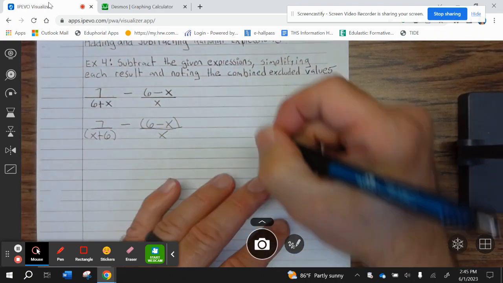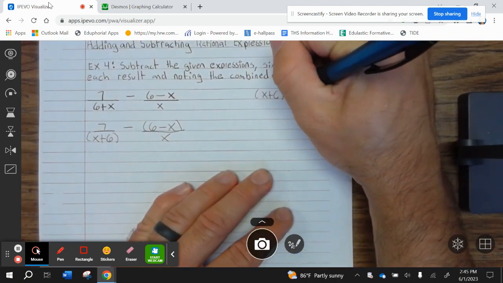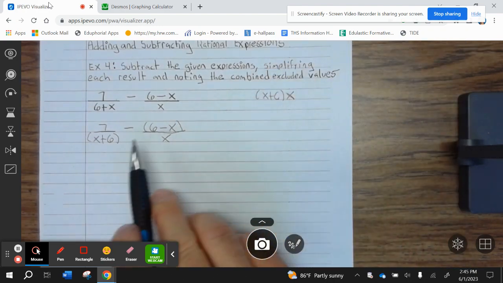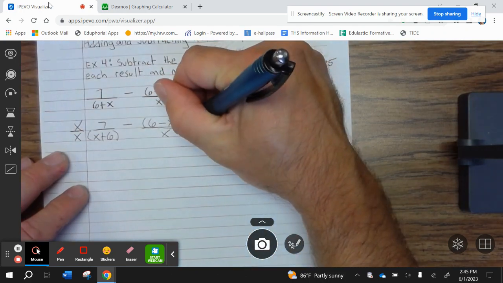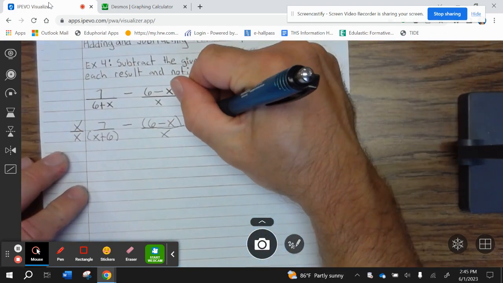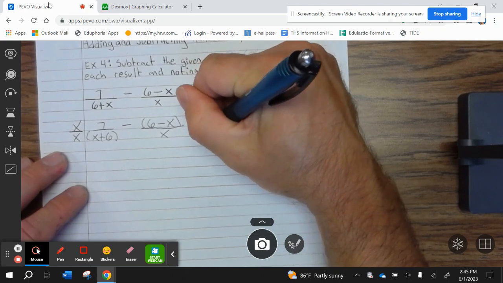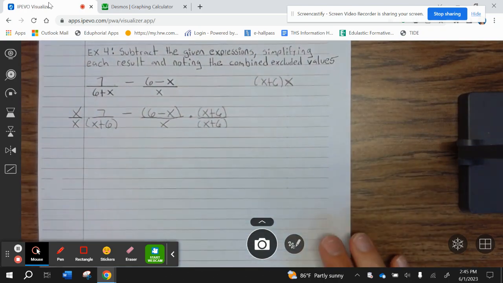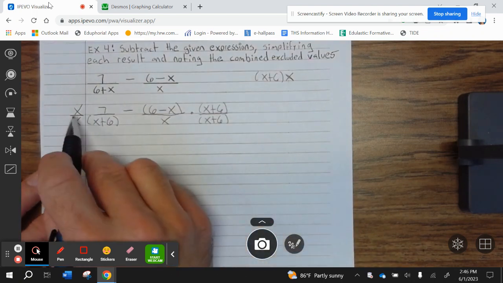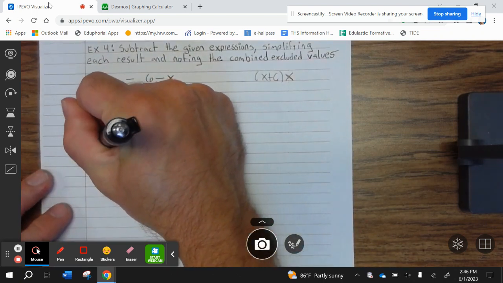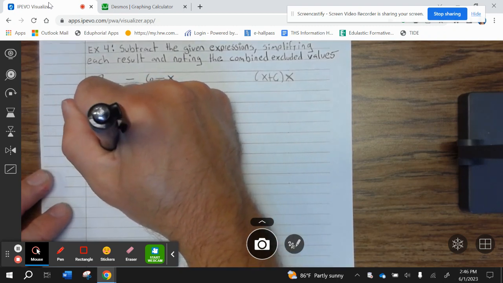Now, to find the common denominator, we just multiply x plus 6 times x, which is our common denominator. So I need to multiply this by x divided by x, and this by x plus 6 divided by x plus 6. Okay, now they have the same denominator. Now we can start simplifying. x times 7 is 7x divided by x times x plus 6